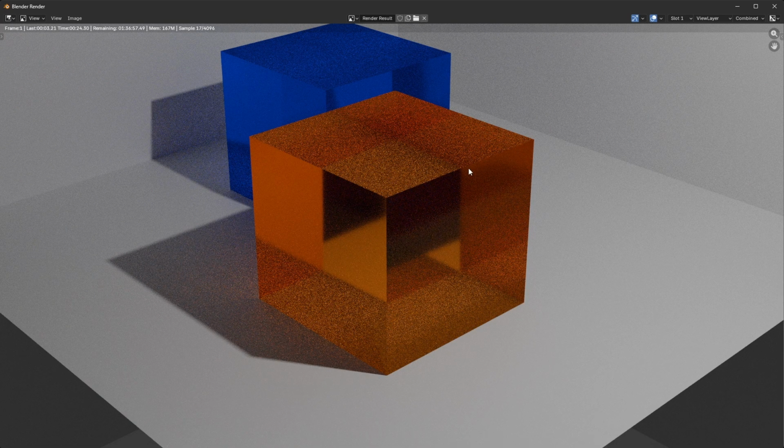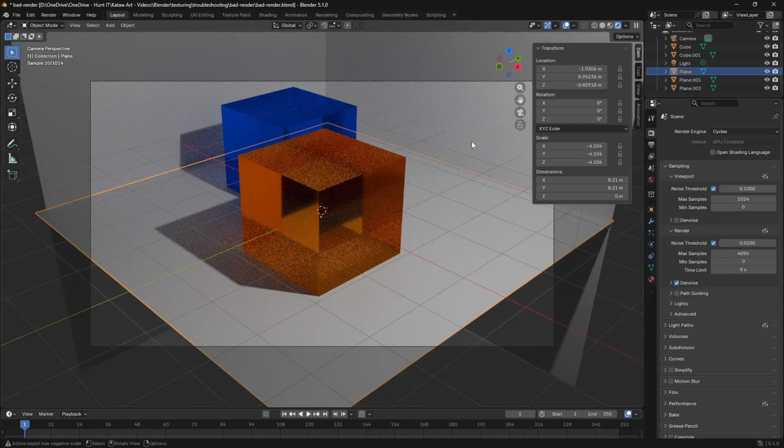So if you're ever having trouble rendering glass and thinking to yourself, why does my glass not look like glass when it's rendering? There's a good chance that you need to swap your rendering method from Eevee to Cycles, but also make sure that you've got some kind of background to stop the natural background of Blender